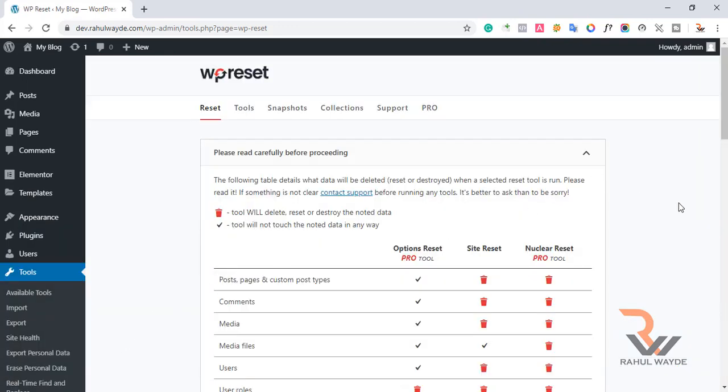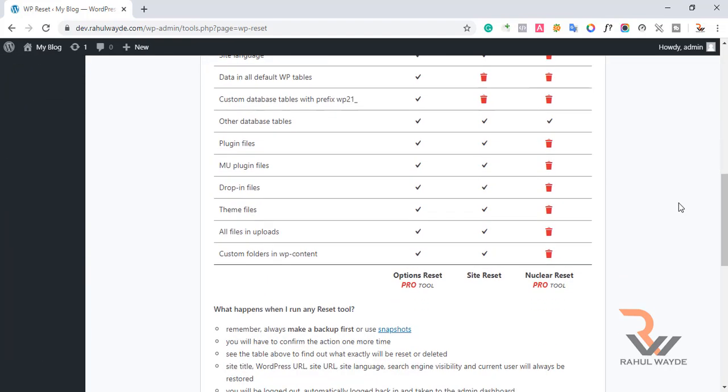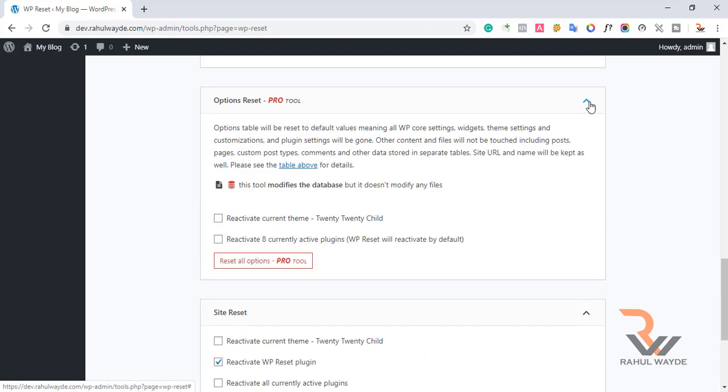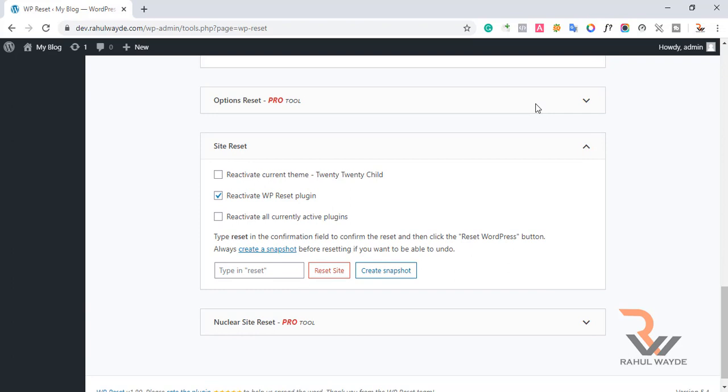So I think we will go with all the default settings right here. Look here, the option which is site reset, and this is the option for pro tools, so we will not go for pro. If you want, you can go for the pro version. I think it is okay with this version only.